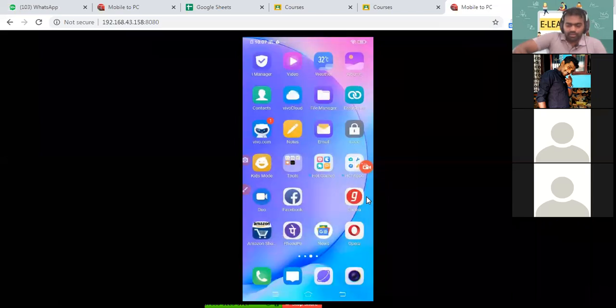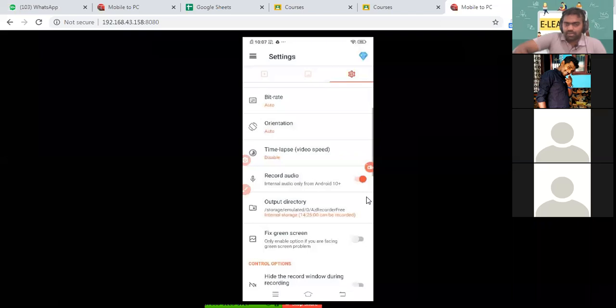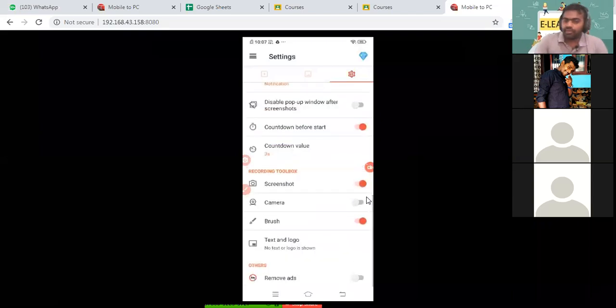Okay, then what are you getting? Are you getting this AZ screen recorder like this? I have downloaded AZ screen recorder, sir, but the icon is different. Okay, if somebody is using iPhone, please help her. Otherwise, you send me the screenshot. We'll do it later. Okay, sir.